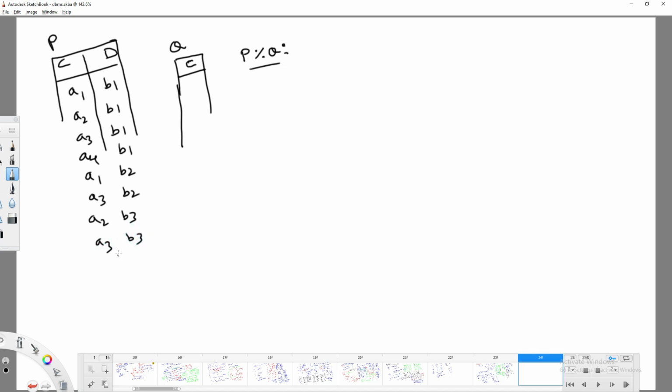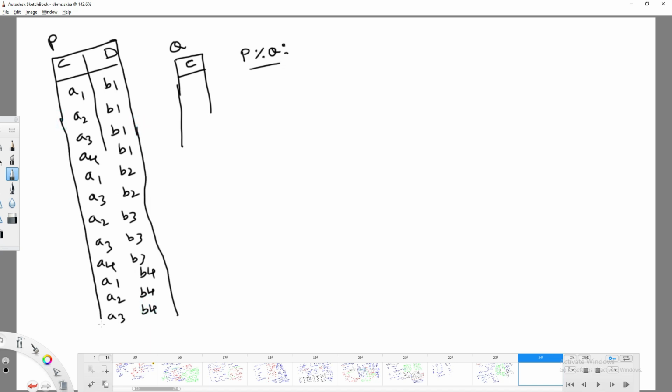This is the relation that I am going to have. I would like to ask for the C column, and the Q relation is A1, A2, A3. Now tell me what result you are going to get.